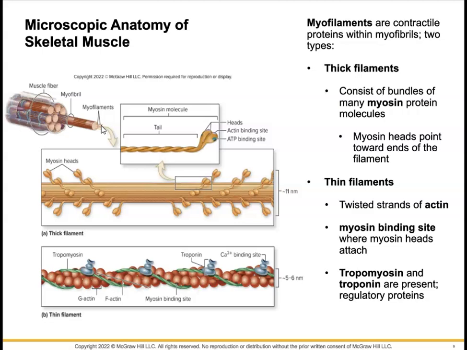Your thick filaments are bundles of a protein called myosin. The myosin molecule has two heads that are toward the end of the filament. Okay? So all of these little stringy things right here are all wound together. So this is a molecule of myosin. This is a myosin filament. Each molecule has the two heads, and notice each head has a binding site for actin and, oh, there it is again,